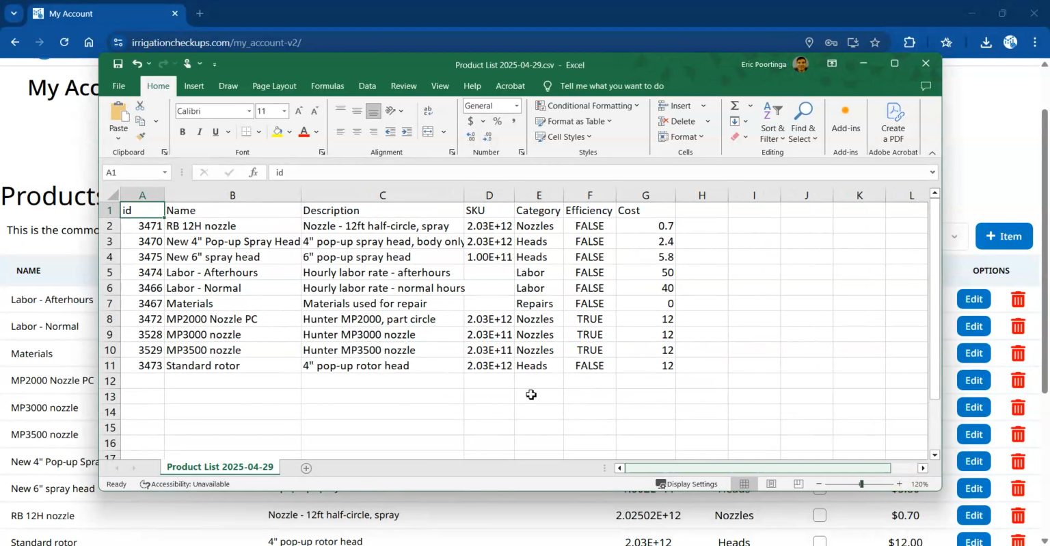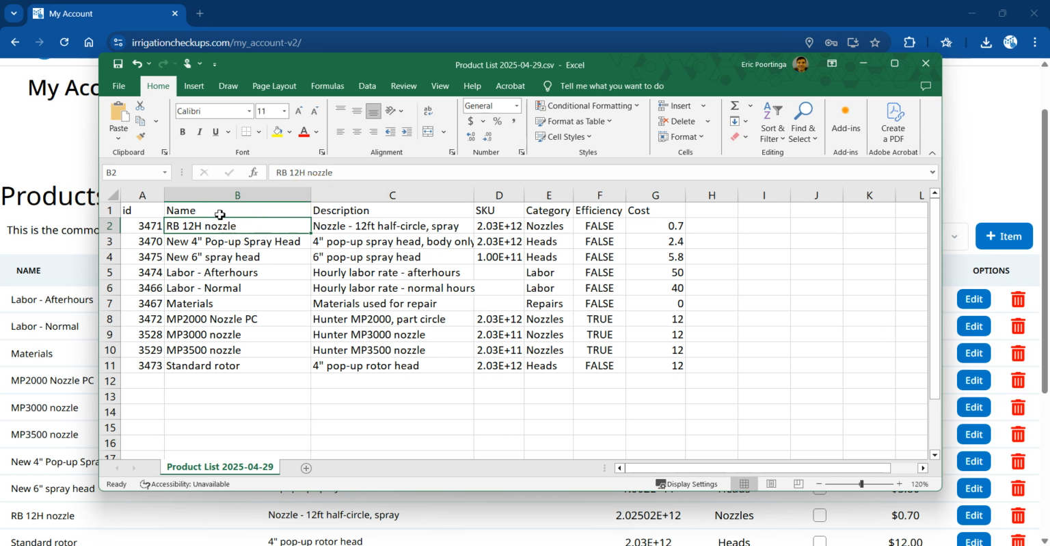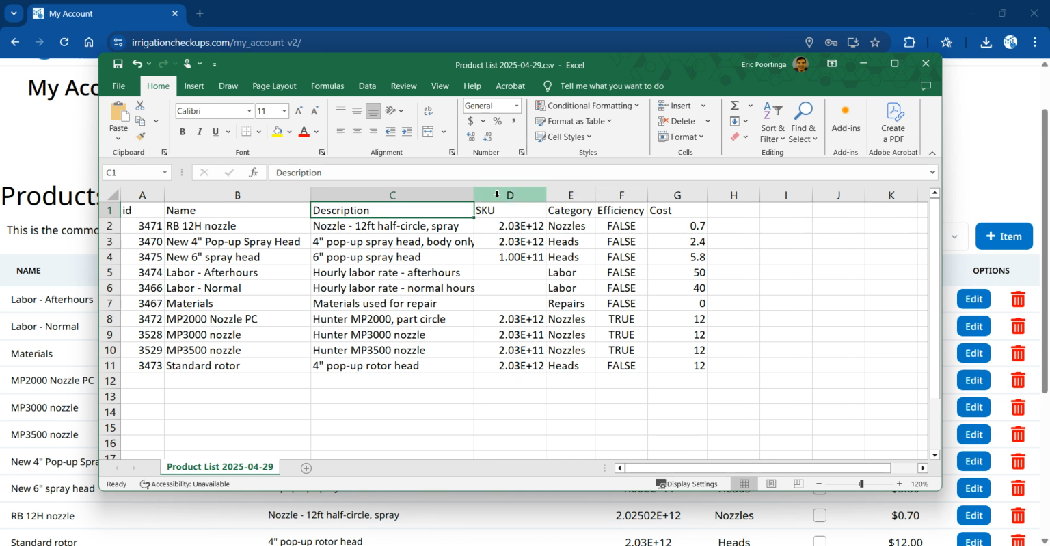So here we have the ID column. So this is our internal IDs for these records in the database. Again, we're not going to touch those. And here we have name, so we can go in here and edit and change the name and description and SKUs if we need. One thing you'll notice on SKUs, it's a problem with the way Excel reads typically long